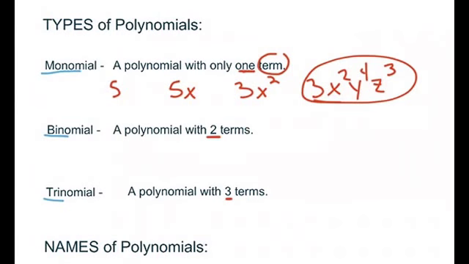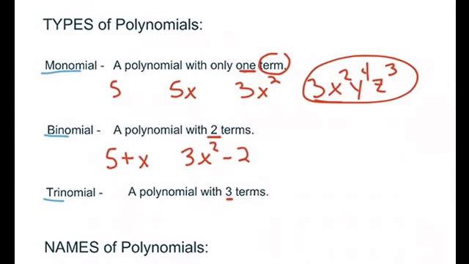It is a single term. Okay, so the addition and subtraction is what makes the difference between one term or two terms. So a binomial would look like that, or 3x squared minus 2, or 4,